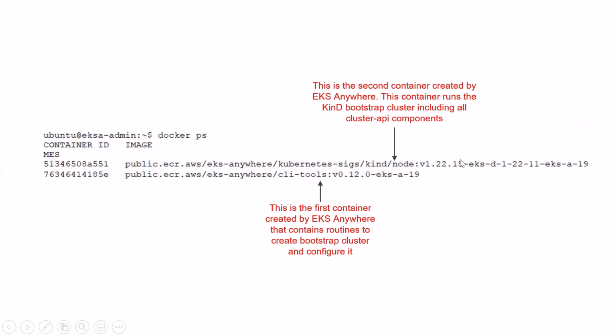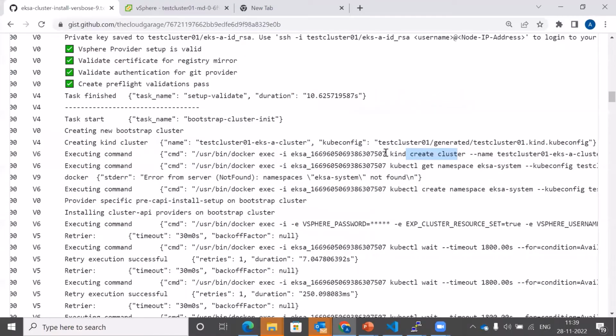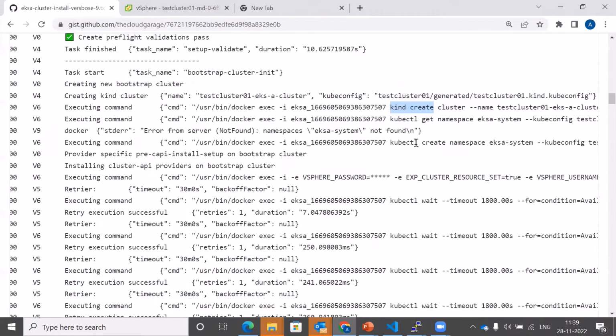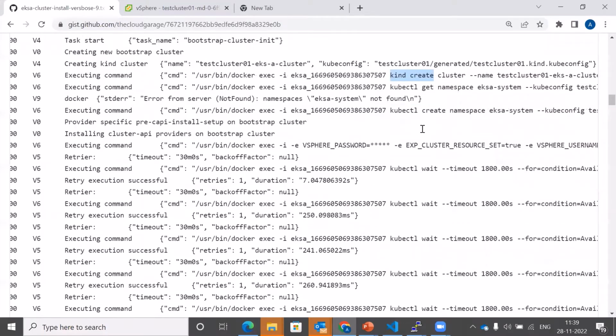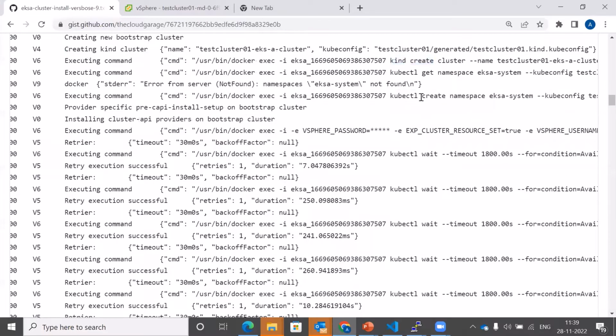I showed it to you, right? EKS Distro and all that. So the release manifest, that first step it executed, had this reference of what version of image will run in this kind container, or kind cluster. So it is then creating this kind-based bootstrap cluster, which is the other Docker container. And then it will do some validations on that also. When the kind cluster got created,